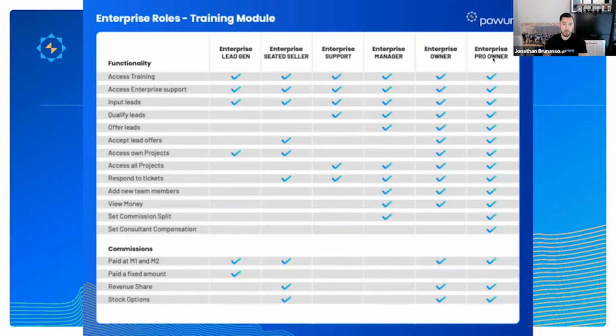The Enterprise Pro also can unlock certain additional income or revenue when they sell a whole bunch of deals in a rolling 30-day period. And I believe there's additional stock options for Enterprise Pro. So those are the three differences, in my opinion. You can seat a seller and you can unlock additional revenue, and there may be more fancy stuff coming later, but for now, those are the differences.